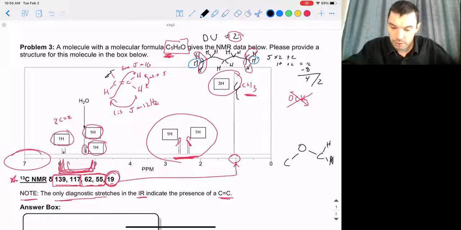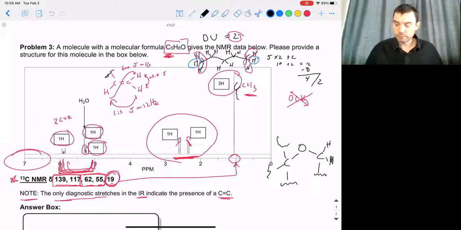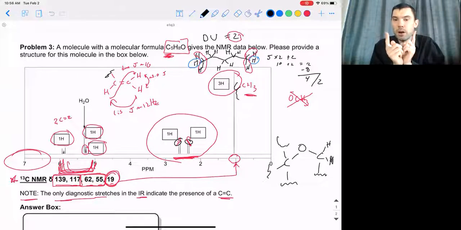All right, now there's only a couple of ways that we can stitch this together. So now we have to put one more group over here, one more group over here, one more group over here, and one more group over here. And there's a really important piece of information here as well, and that is most CH2s, remember, they don't couple to each other. But in this case, if those H's are coupling